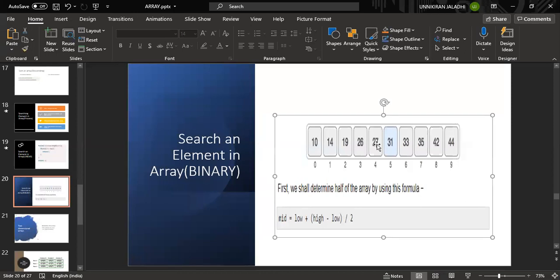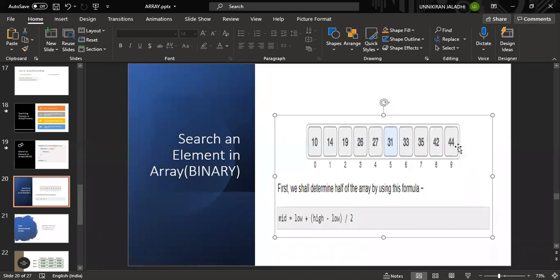So we divided this, and what we discussed, the array should be in ascending order only, and it should be sorted, or else binary search is not allowed. Now we are going to search 33, but here at the fourth index we are having 27. So 33 is greater than 27. So it came to know that it is in the next half.